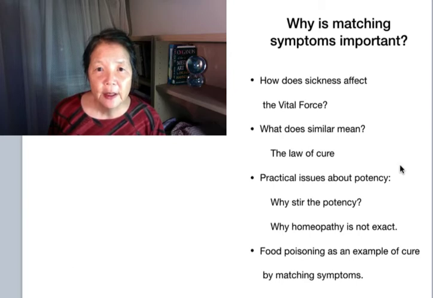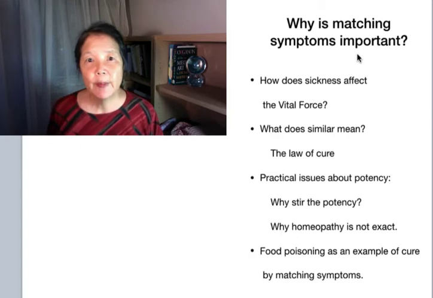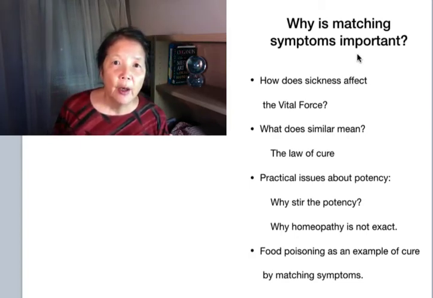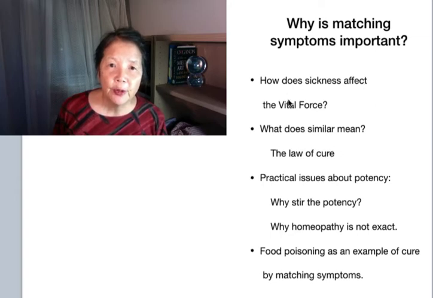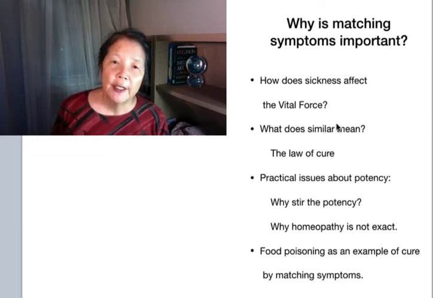Below, I've listed the topics that we're going to be discussing today, and what I'm doing is going from the topic that we began with last time, when I talked to you concerning why we are matching symptoms, why that's so important. First of all, we're going to review just slightly how homeopaths think about sickness and how a sickness is affected by the vital force. Then the next topic is,